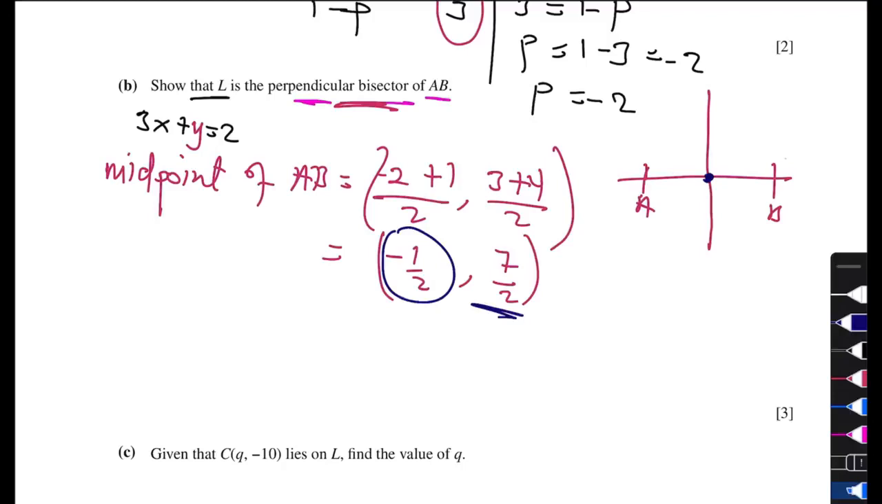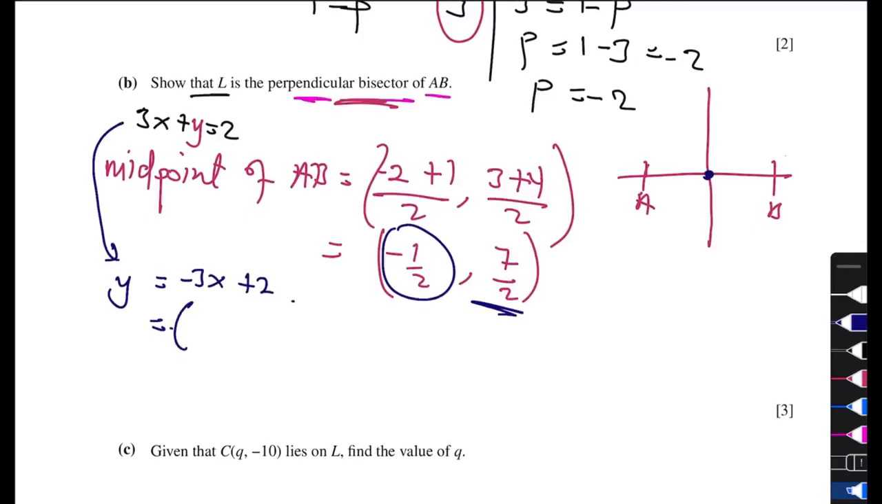So from here you can change it to y = -3x plus 2. Put the x there, which is -½. So you have -3 into bracket -½, plus 2. This should give you 3 over 2 plus 2, and that gives you indeed 7 over 2. So once you have shown that this midpoint satisfies this equation,